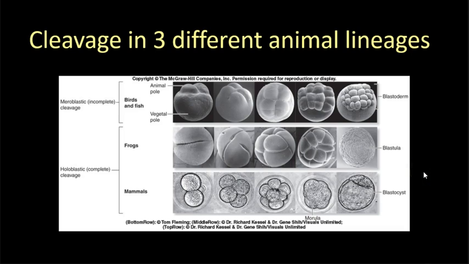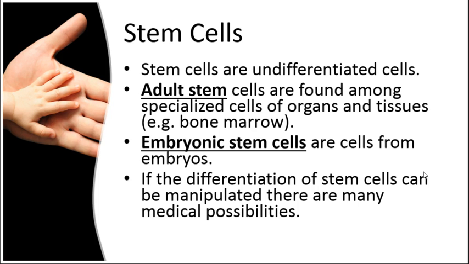But this just gives you an idea of how things develop differently. Now, these are all stem cells at this point. Stem cells are undifferentiated cells, and there are two big kinds. There are adult stem cells, and those are found in, it doesn't have to be adults, right? These are after differentiation, after organs have specialized and all this good stuff. They're going to be found